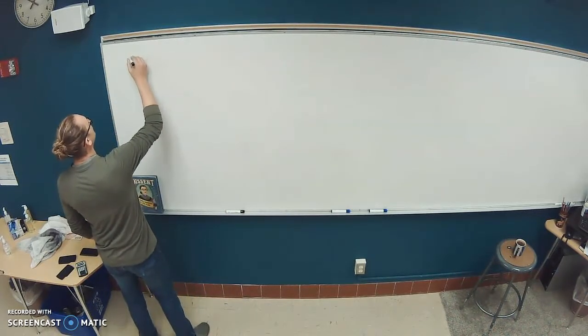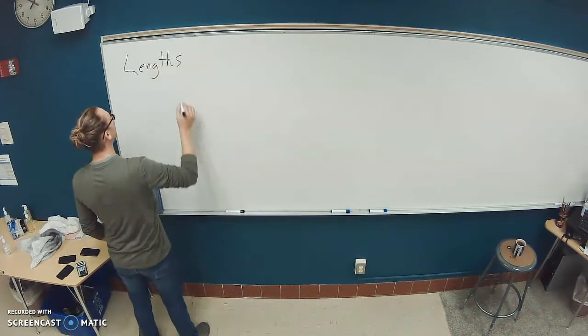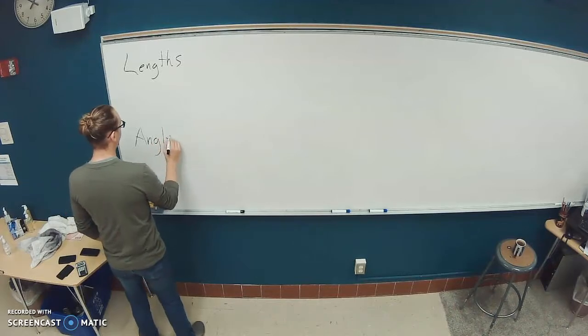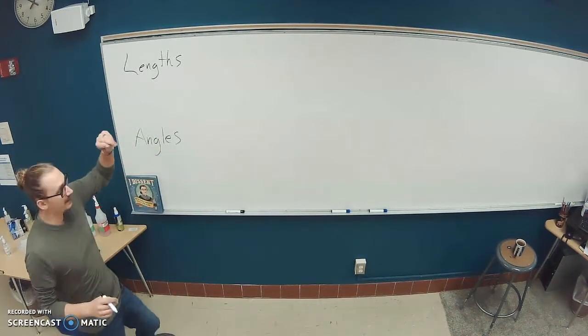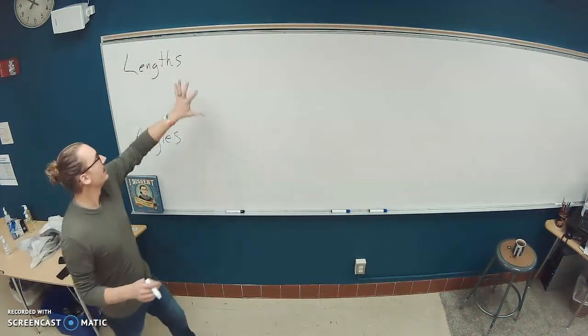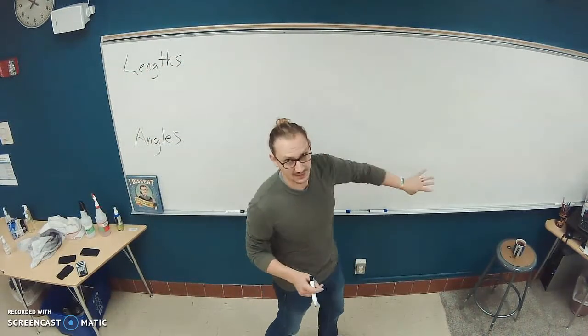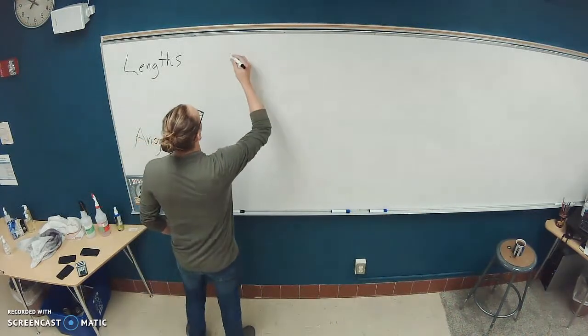The first is by lengths. And the second set of classifications is by angles. Okay? So, we are going to classify things by their length and things by their angles. And there are 3 different length classifications and 3 different angle classifications. Okay? The first one, for lengths,